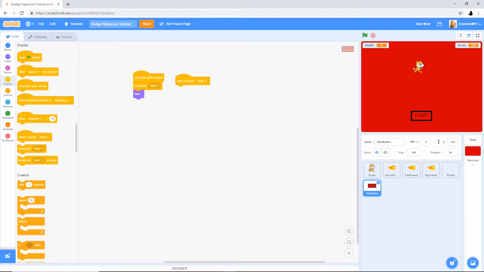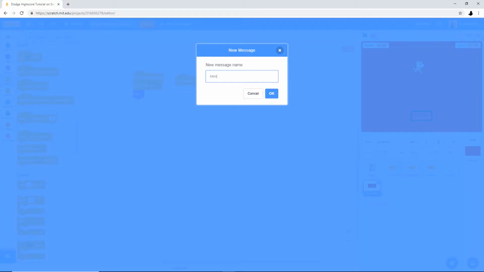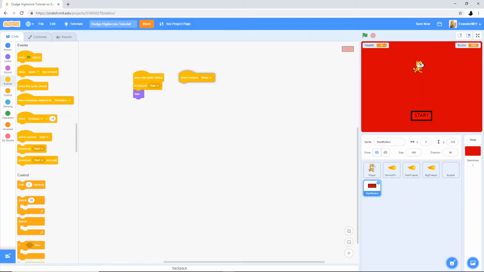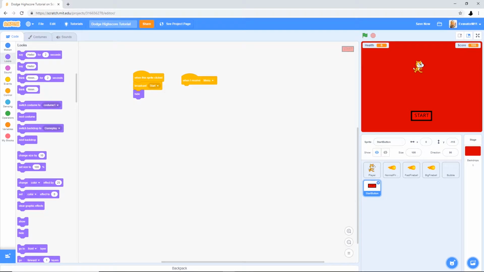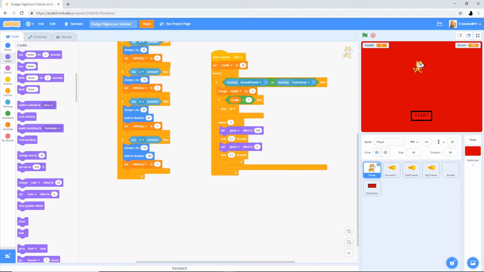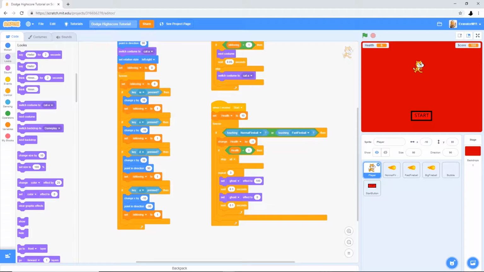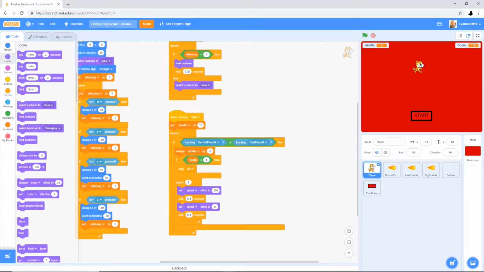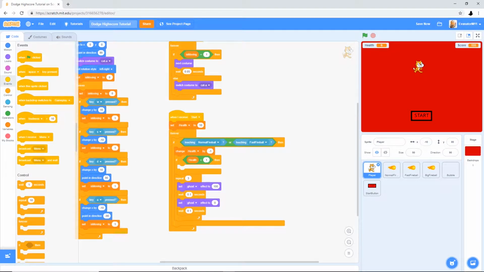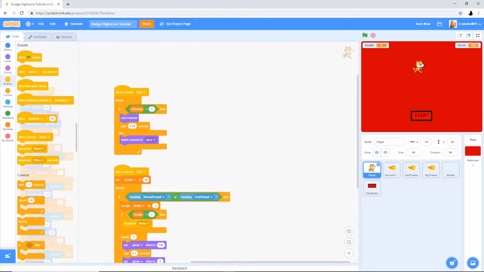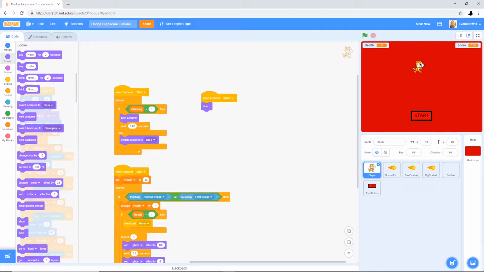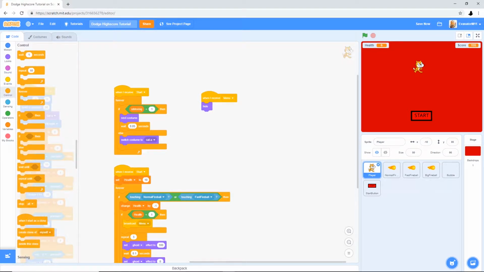And then when I receive, and we'll make a new one called menu. When I receive menu, then it's just going to show. That is good. And for all of these things, it is basically going to need to set, or no, when the, where is it? Okay, so inside of player, instead of stop all, we're going to replace that with broadcast menu. And inside of this, we're going to do when I receive menu, hide,